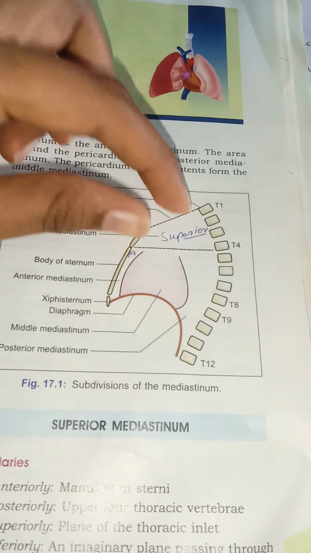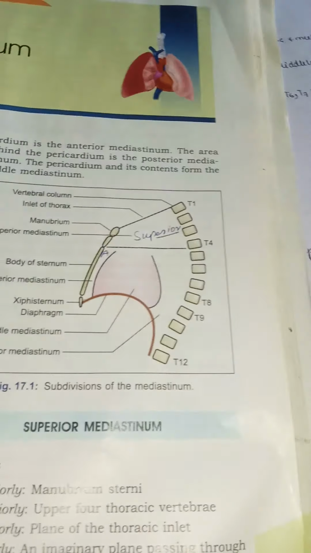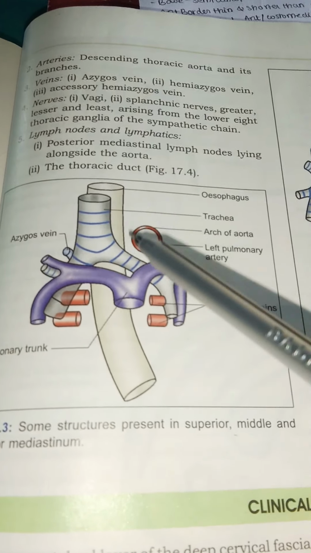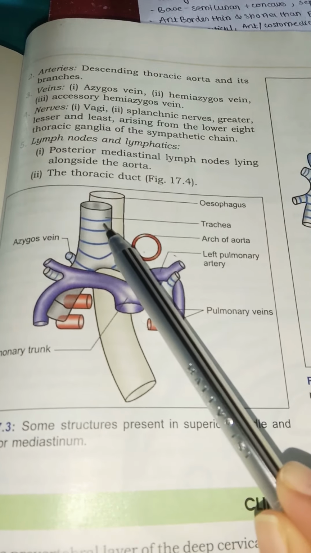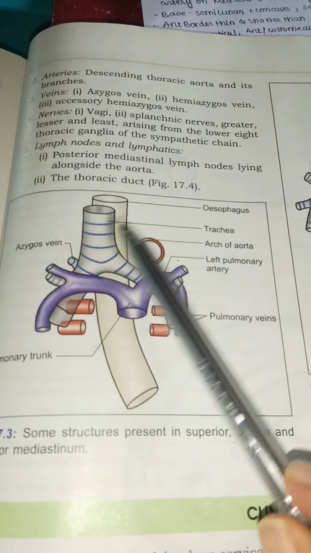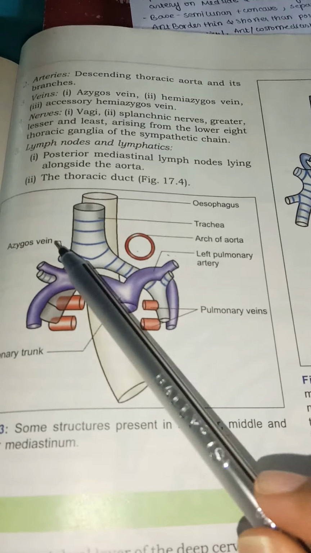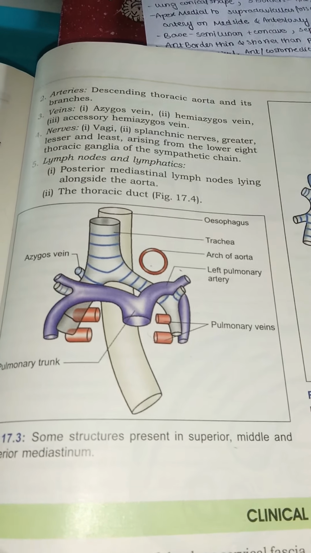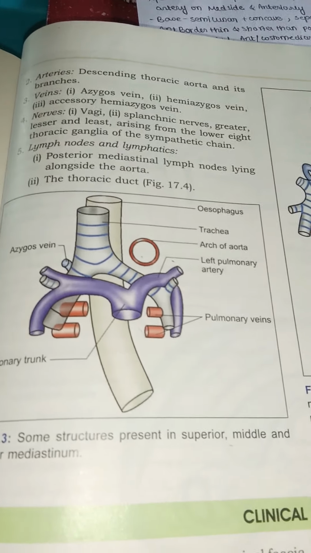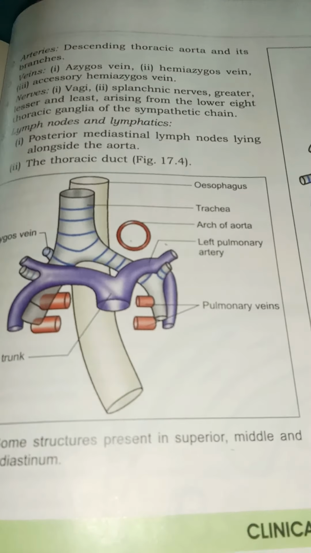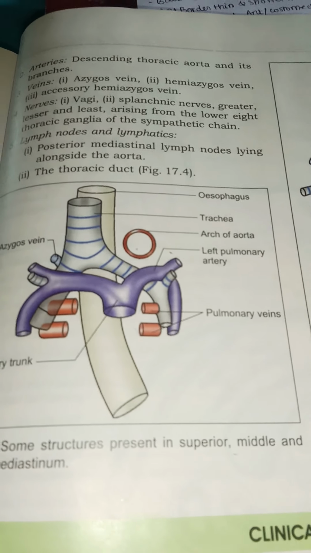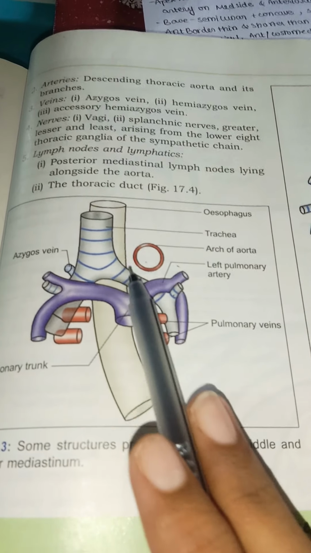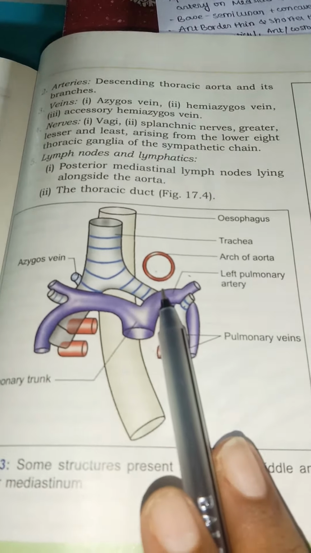What are the contents present in the superior mediastinum? That is very important. The main contents are, anteriorly, we have the trachea. You can see this is the trachea, which is present in the superior mediastinum. Next of course the esophagus, so remember windpipe, food pipe, and the sternohyoid and sternothyroid muscles. These are also structures present in the inlet of the thorax, and also you will have the longus colli lower end. So these are the muscles, and you will have the arch of aorta. You can see this is the arch of aorta.